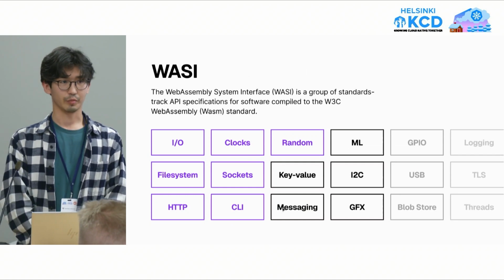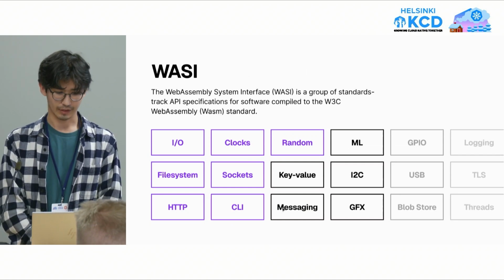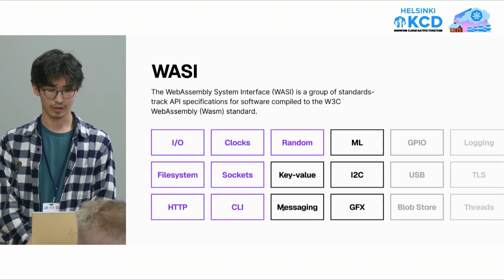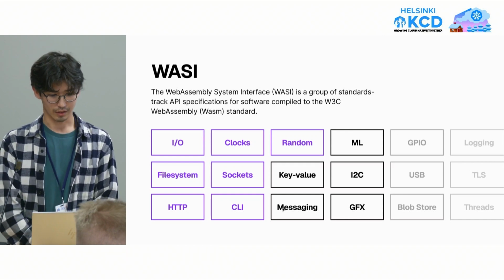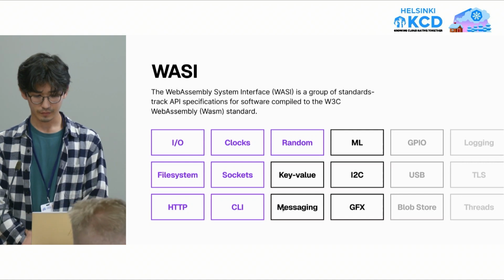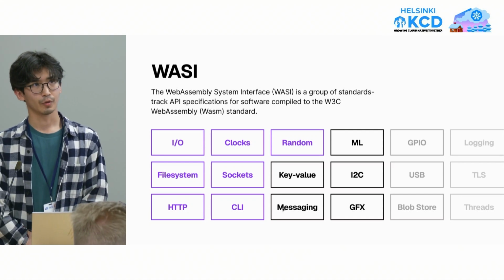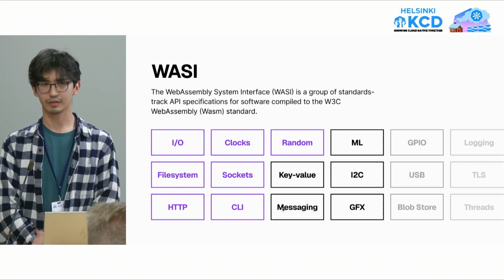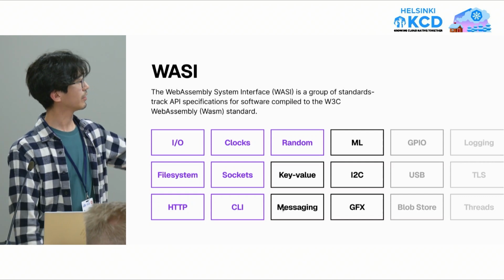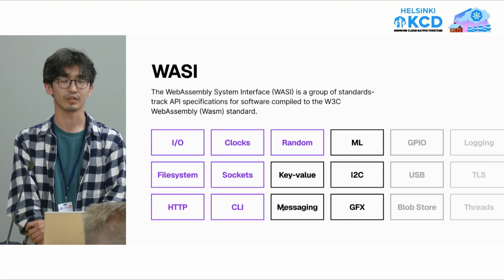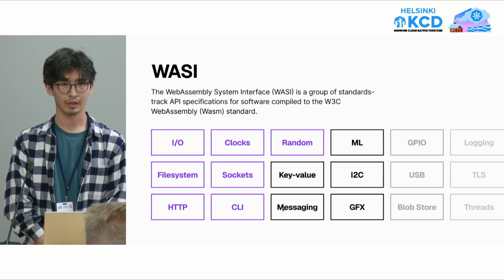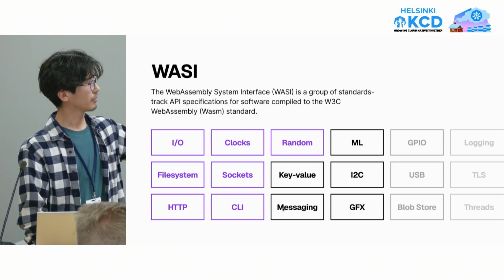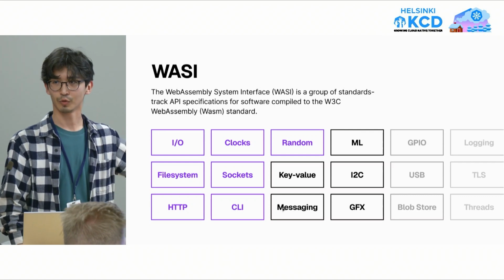So WebAssembly system interface is a set of standards and API specifications for software compiled for WebAssembly components. Although you can define your own interface with WebAssembly's interface type, these are interfaces that are standardized and included built-in in most of the runtimes. I highlighted the ones that are fully standardized and included in most of the runtimes, but